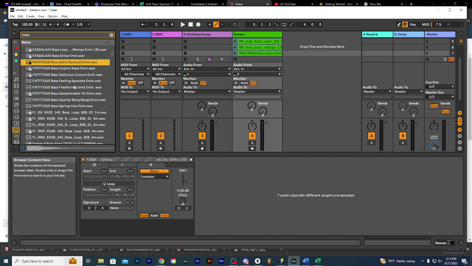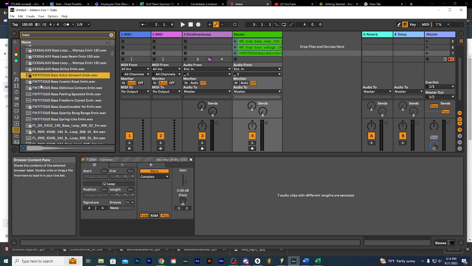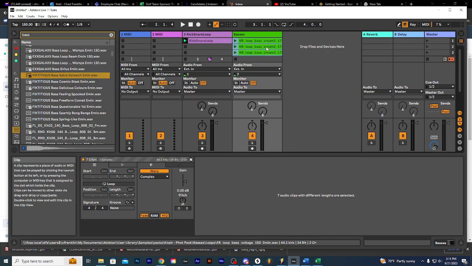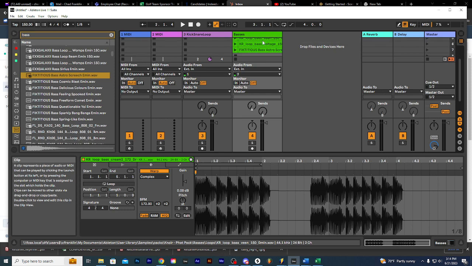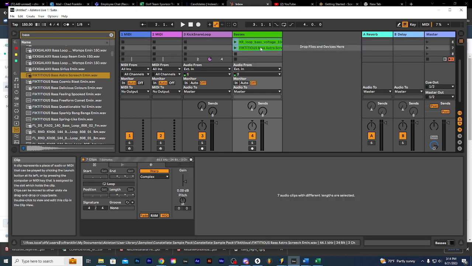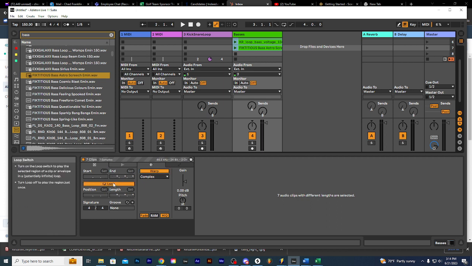So anyway, I got a bunch of different loops in here, and I just grab them, drag them, drop them into here, and then select all of these, and make sure they're all warped too. Okay, then loop them, make sure they're all looped. Then go into the